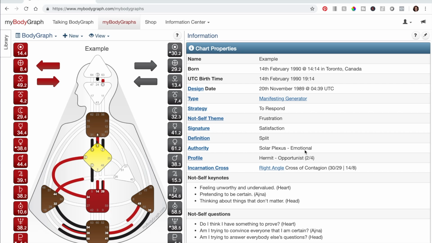And I believe in human design, they say that the initial deconditioning process, so if you are just learning about human design and unlearning all of the ways of being that aren't you, or deconditioning is what they call it, they say that takes 7 years, and I believe that those are the three parts that you're supposed to focus on at first. But if you're anything like me, you want to learn all the things. You want to know what the heck all these shapes and lines and numbers and symbols are. So I'm going to do my best to share what I've learned with you, and hopefully you'll find this really useful.